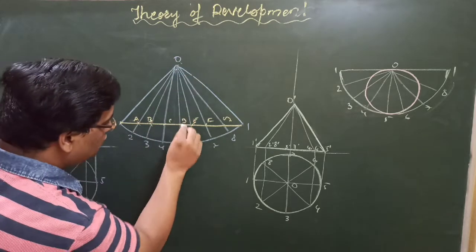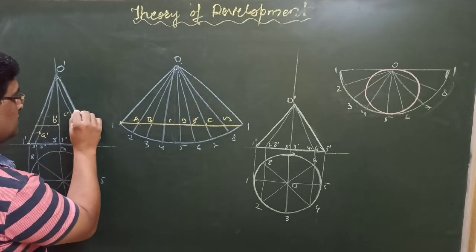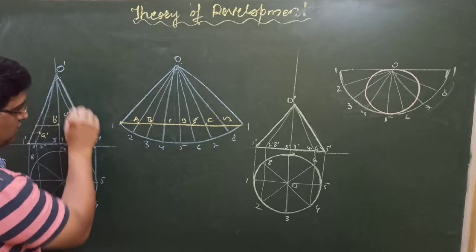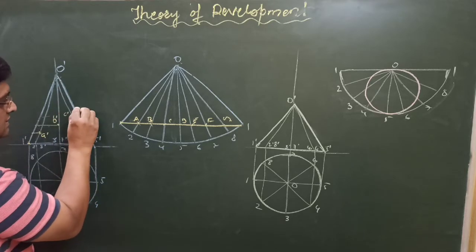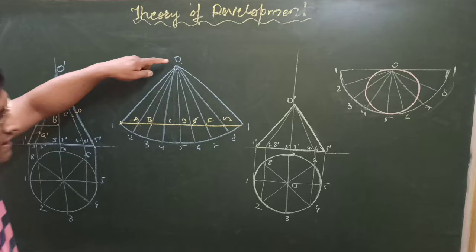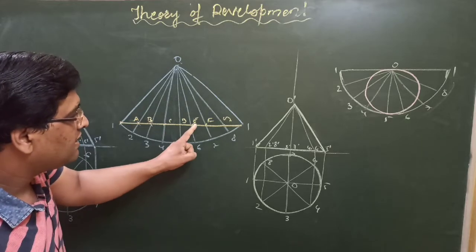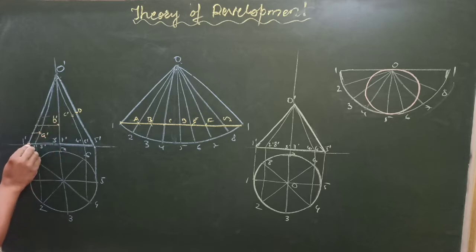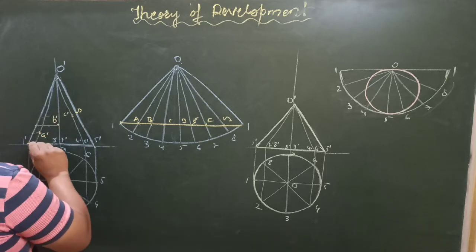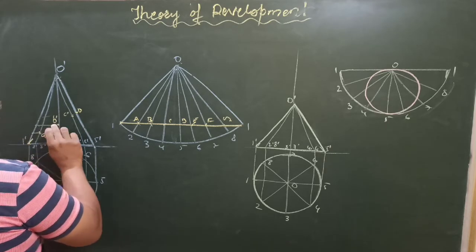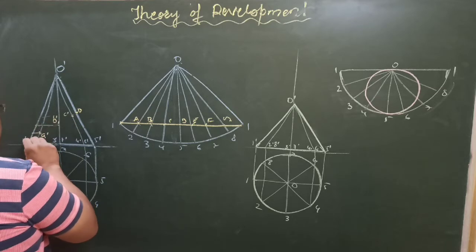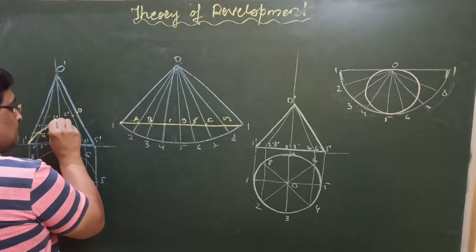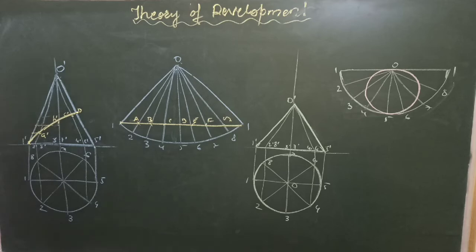Then O to D on the last line, that is O5. So you can directly take it, because O5 is also a true length. So this is point D. Now you look here, the next points like E, F and G will coincide on the respective points we have already cut. So this will show the path of the insect in the front view.